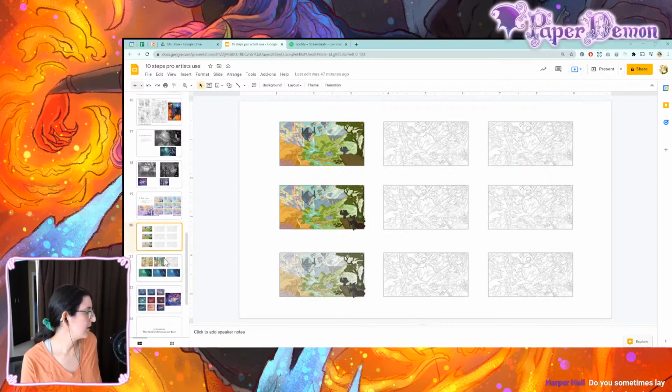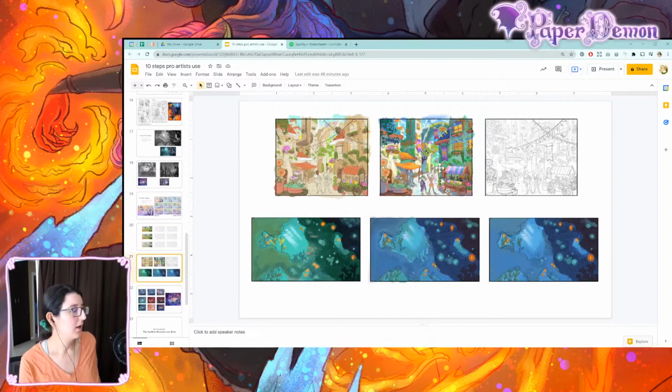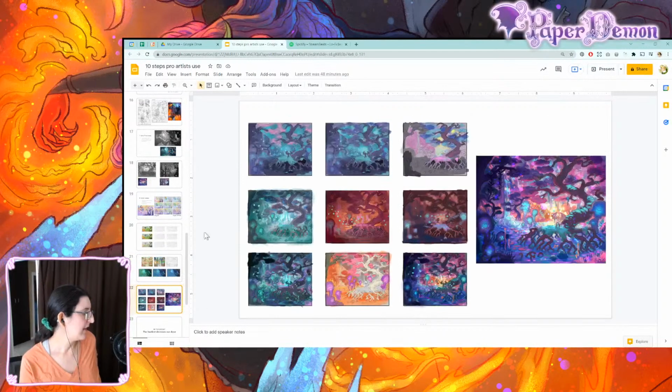Like, let's see, I've got a couple more examples here. Here's another illustration I did. I really only did 2 color comps for this one. Sometimes I get one that I like right away. For that mermaid one that I did, I only did 3 color comps. I had a pretty good idea that I was going to use blues and greens, but I didn't know what combination of those I wanted to use. So this was a way to experiment. And then there was this fade-in illustration where I had no idea what colors I wanted to use. And I tried many